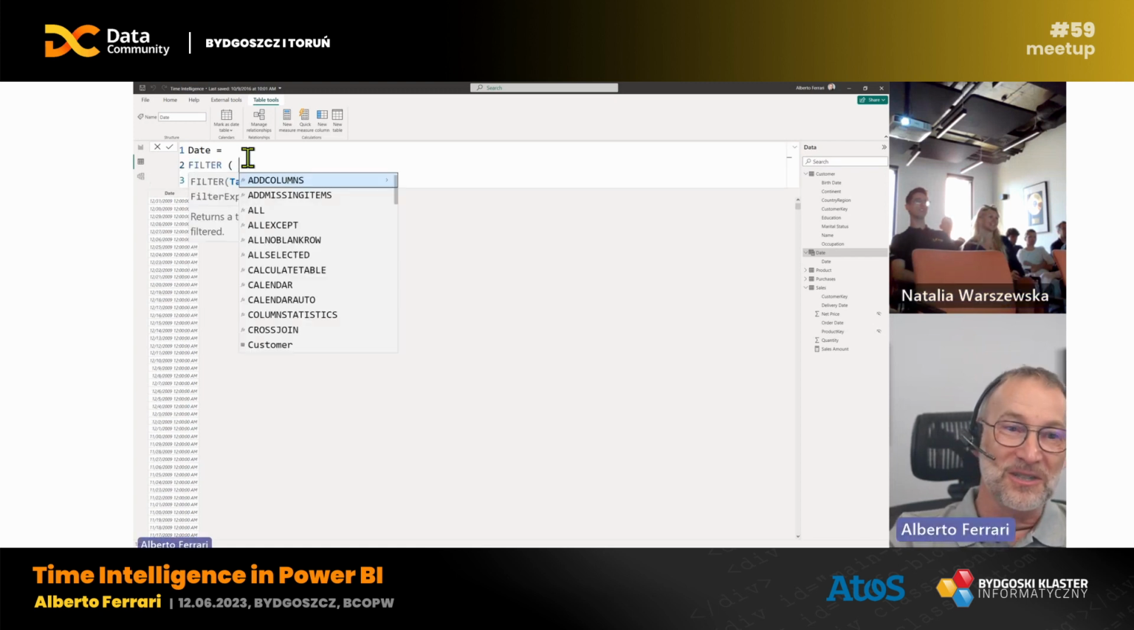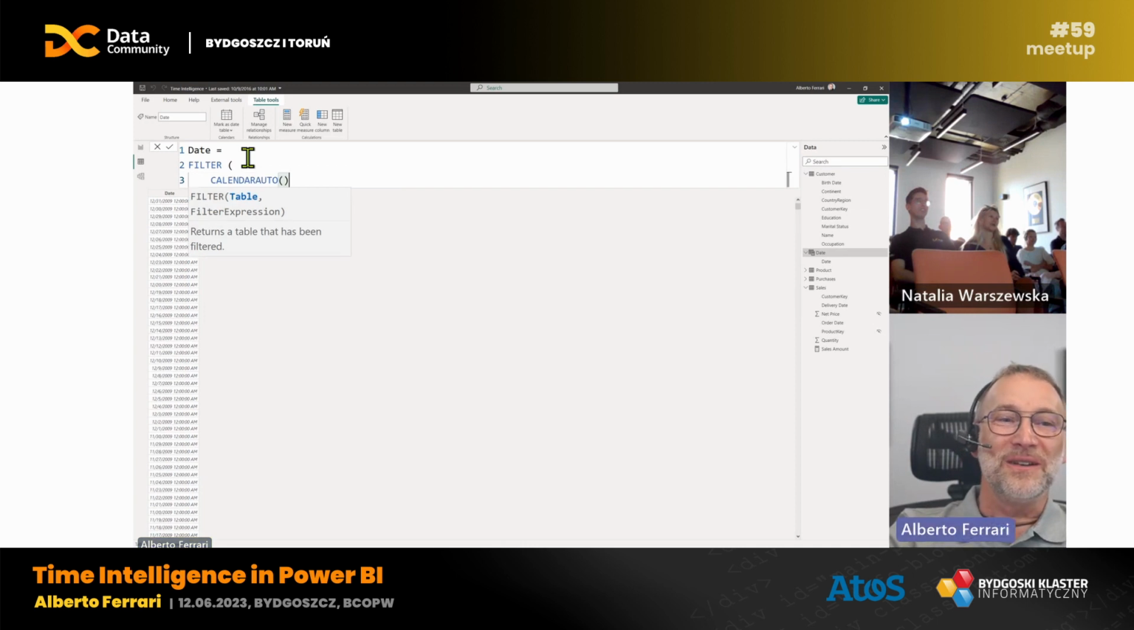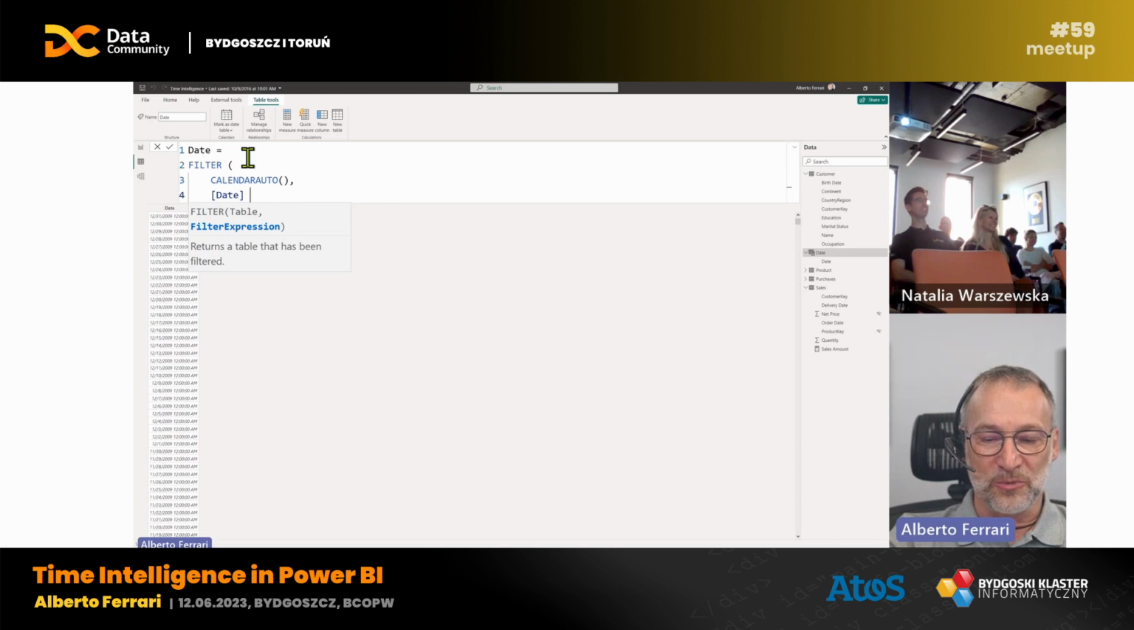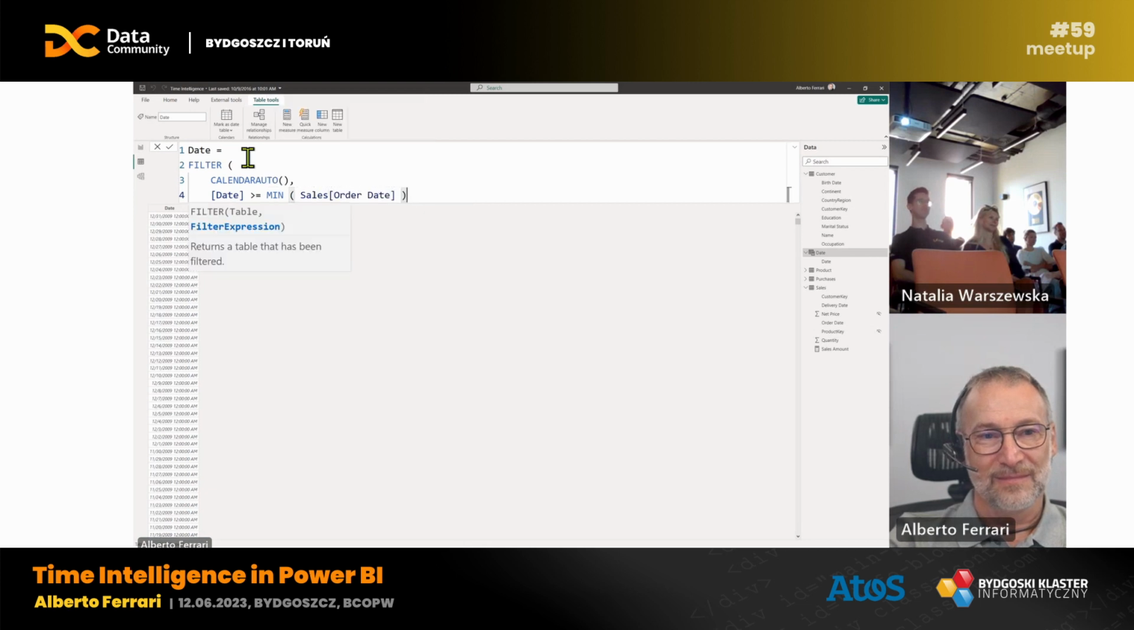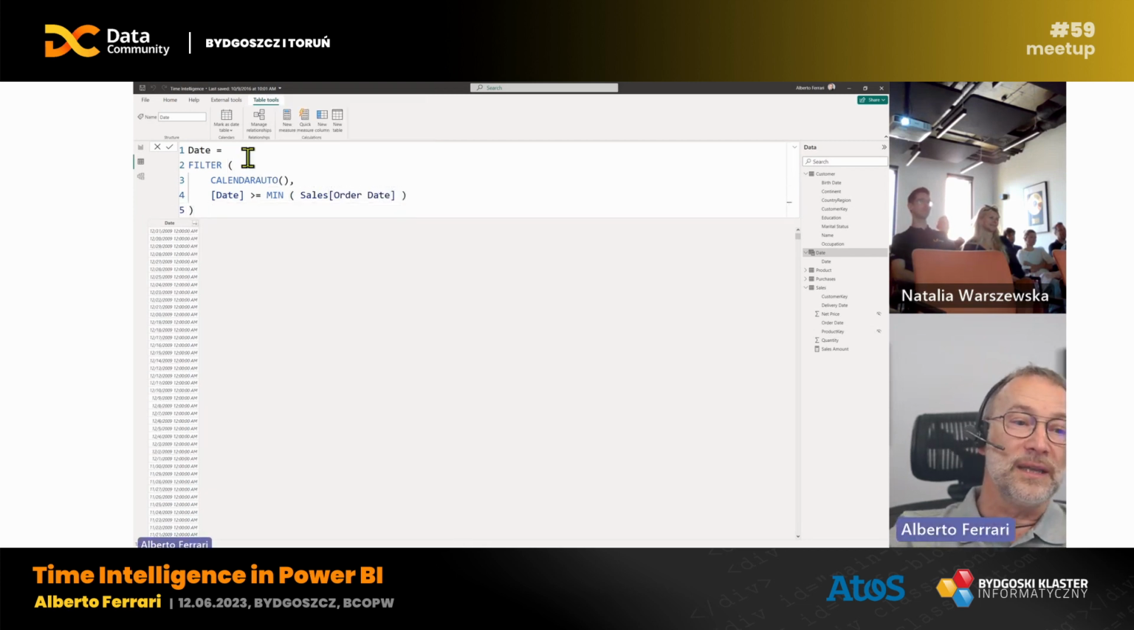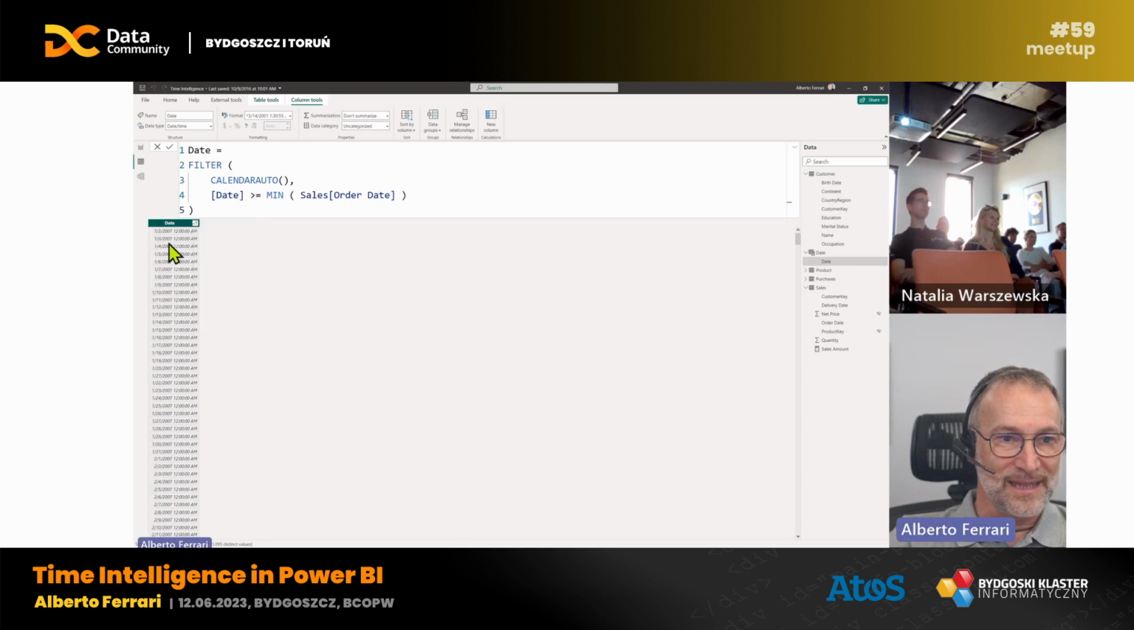Okay, no problem. You can just filter. We can filter calendar auto, and we say, well, I want the date to be greater or equal, for example, to the minimum of sales order date. If I do that, what I obtain is a completely different table that is much smaller. Let me sort it ascending. Now you see it starts